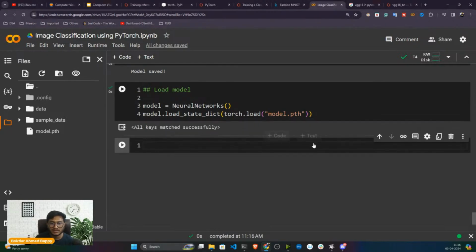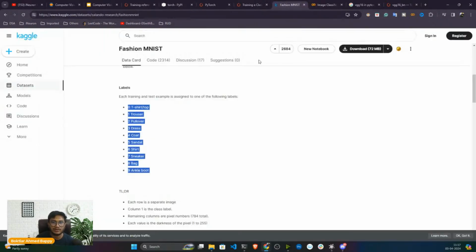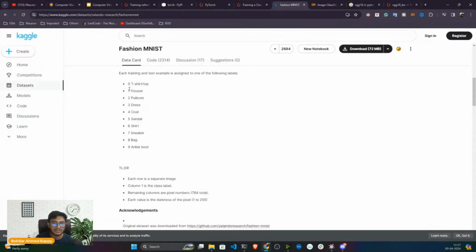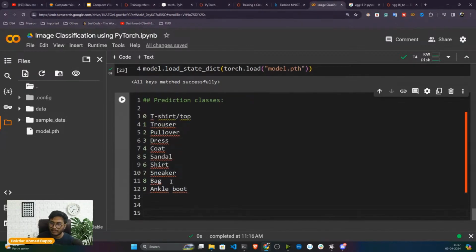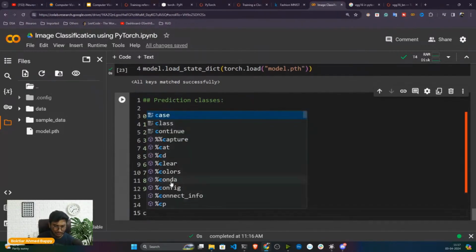Now see, all keys match successfully. That means you have successfully loaded the model. Okay. Now what I will do, I'll define my prediction classes. All the prediction classes I'm having. So where will you get these particular prediction classes? From Kaggle, I think I already showed you. If I go to Kaggle, these are my prediction classes. I'll copy one by one, and here I'll try to arrange everything. Okay, so here I'm going to create a classes list,